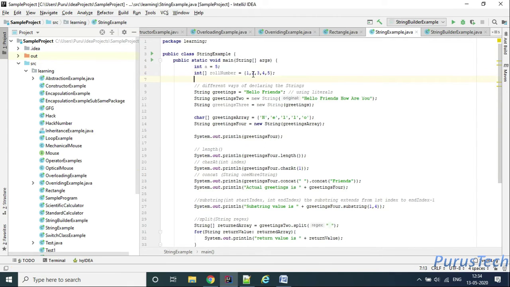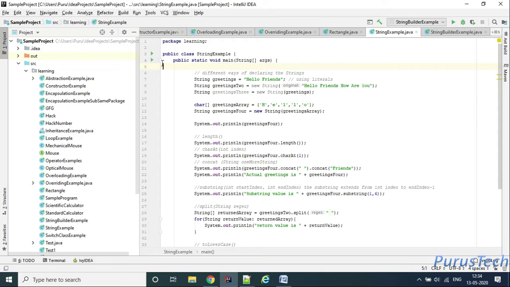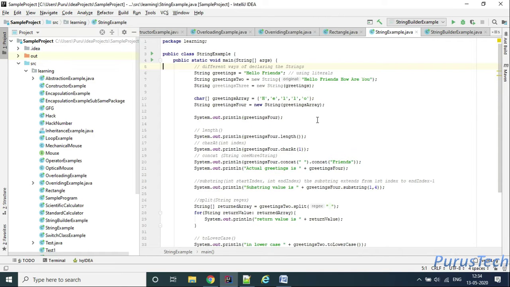In a similar way, this is a single character, and I have defined an array which can hold multiple characters at one shot. Now as you can see, I have defined a character array. You can pass this character array to this constructor.